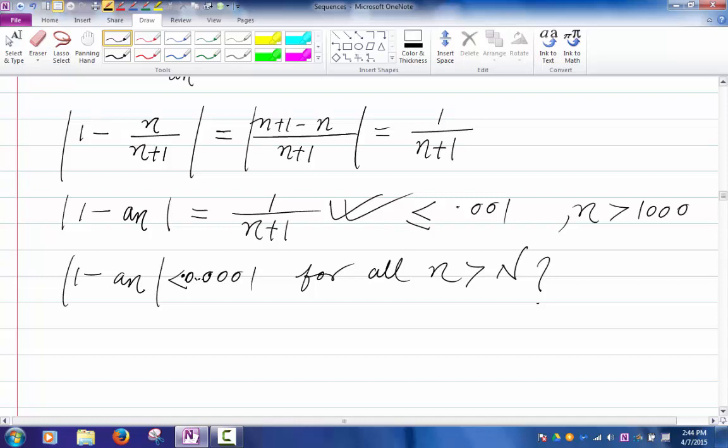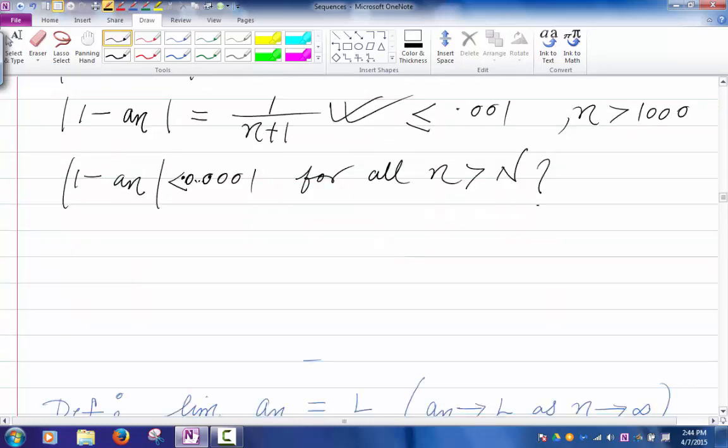Now 0.001 could be any small number. So in other words, in the real number line, if I look at the limit 1, what we are saying is that somebody gives me any small number epsilon you can imagine in your head, and gives me a very, very small interval centered around 1, can I make every term of the sequence an lie within epsilon of 1